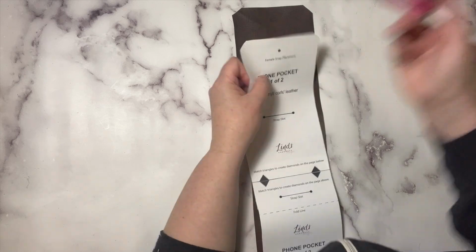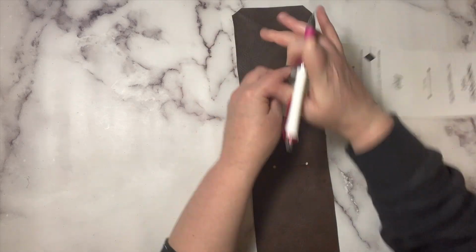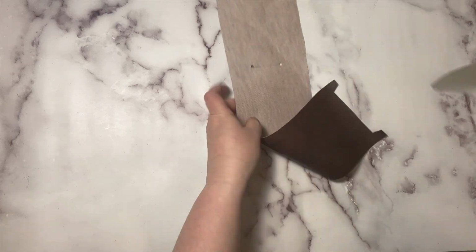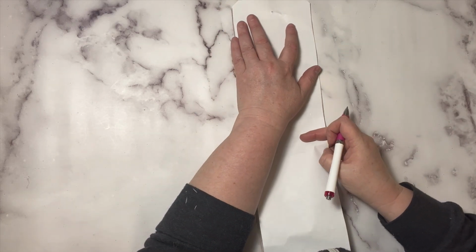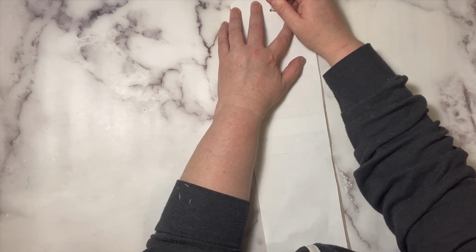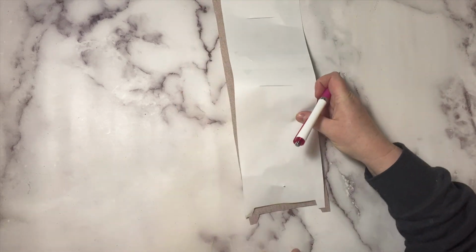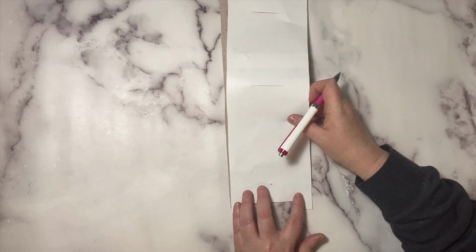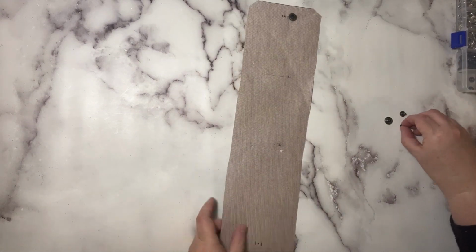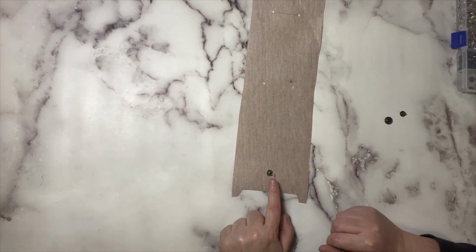Now for my phone pocket, I am going to match or mark where I am going to put my cam snaps. So I just punch a hole in the pattern pieces and then use my pen to mark where I will be putting my male and female parts of my snaps. So on the top without the cutout edge, you're going to put your female, and in the other part, you're going to put your male,